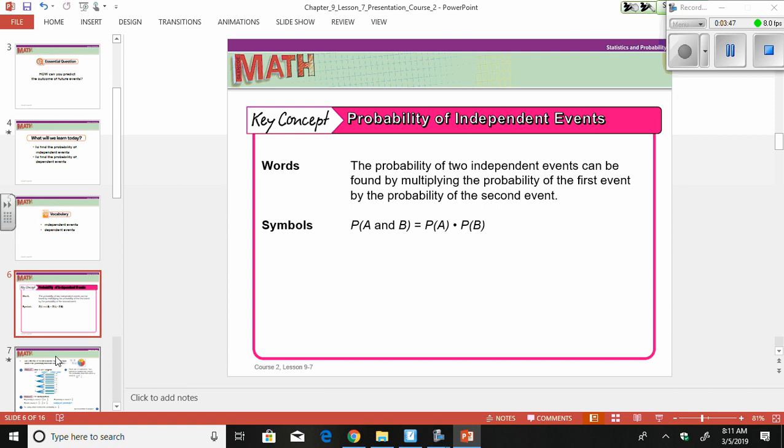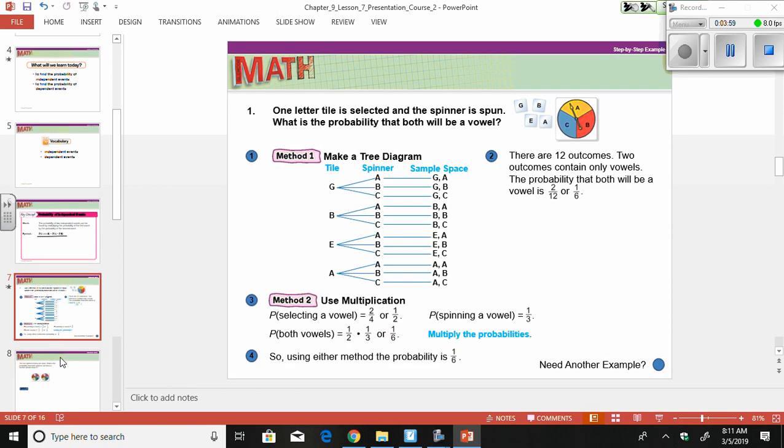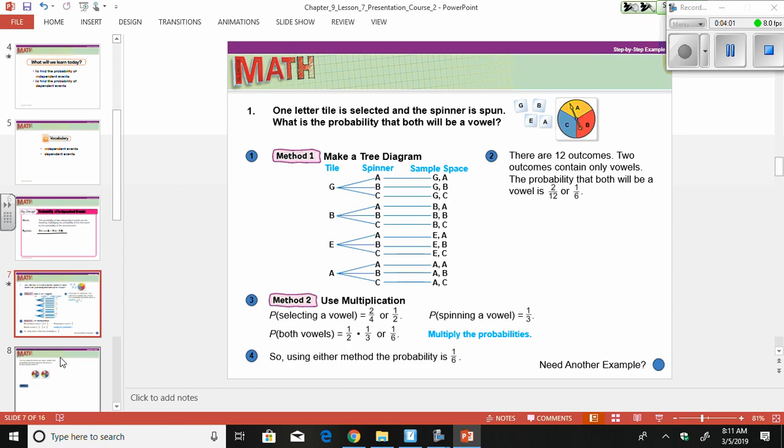Probability of independent events. So the probability of 2 independent events can be found by multiplying the probability of the first event by the probability of the second event. So we're multiplying here again. One letter tile is selected and the spinner is spun. What is the probability that both will be a vowel? So we need to know what a vowel is. Well, your vowel is